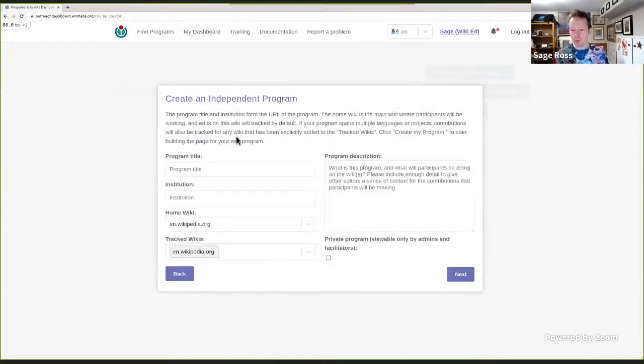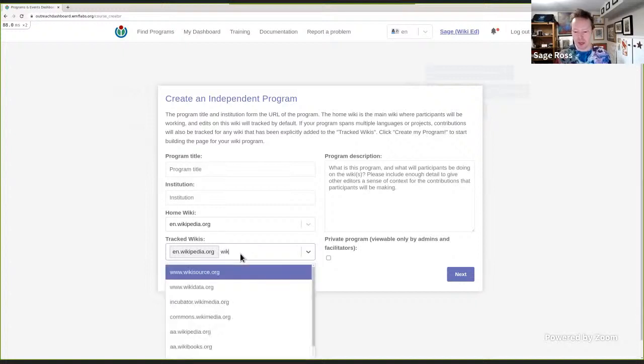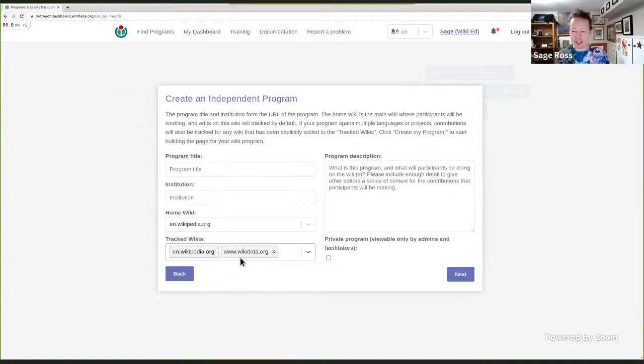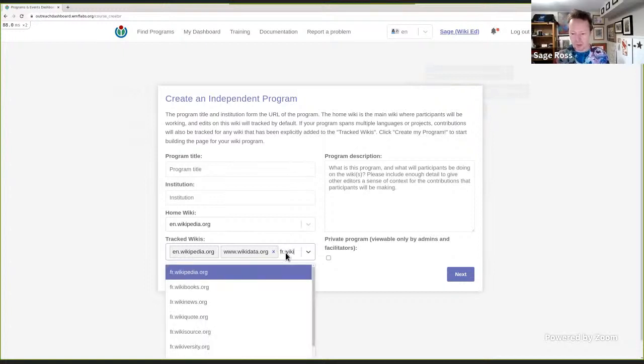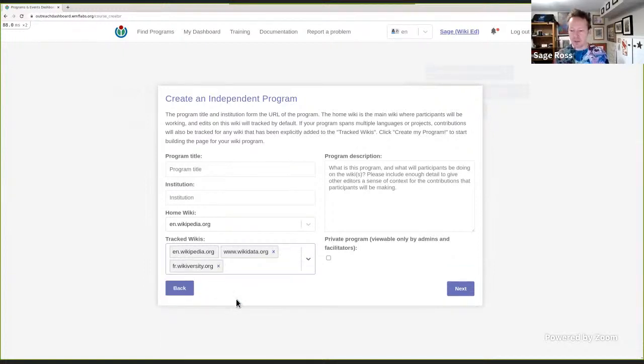Basic program will mean that all of the edits that users make on the wikis that you're tracking will sort of be part of it. And you can specify which wikis that you want. English Wikipedia, but I also want to track, say, Wikidata, and also French Wikiversity. And